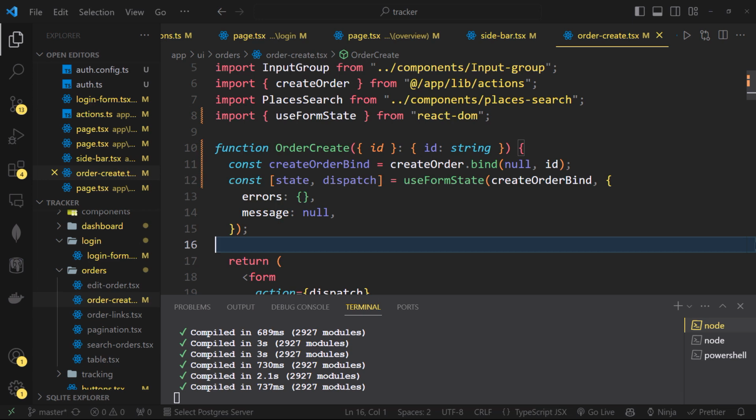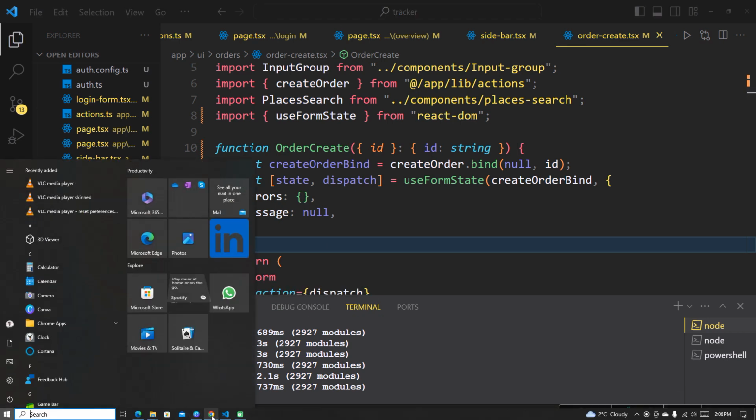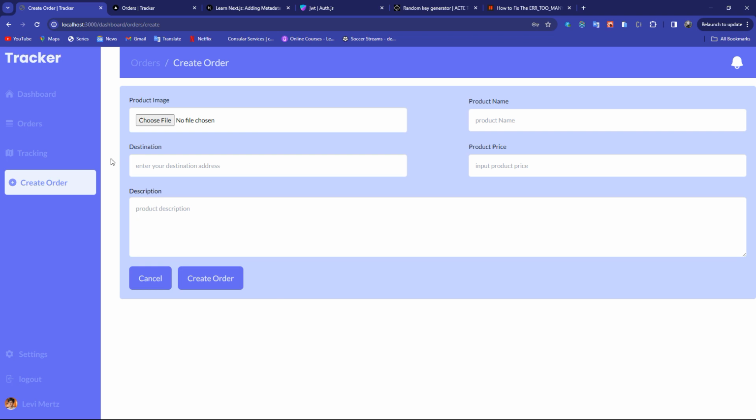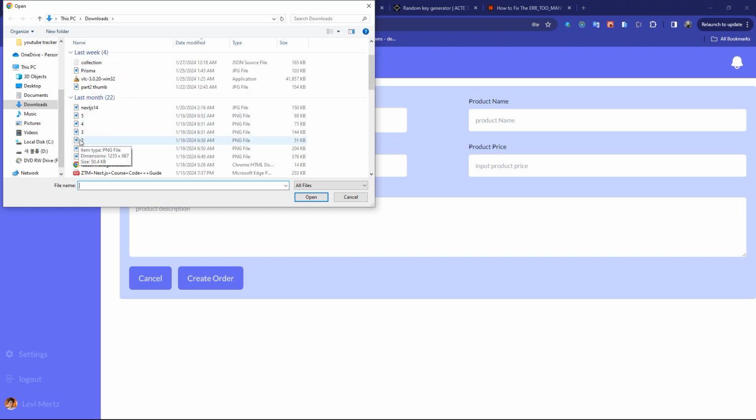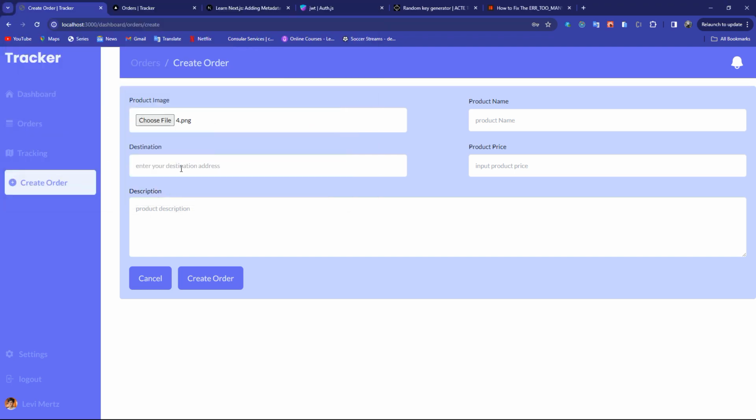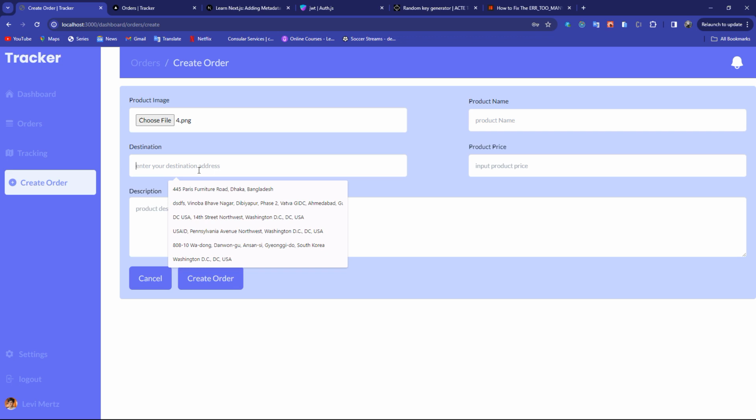So this authentication was a long one. It's a good one for you to process, go over the steps again and see how it's been done. So now let's check to see if we can create an order still with this current implementation. So I'll come here. I'll look for an order here. I'll check this. No, this is not. I'll check this one. The destination here, I'll give